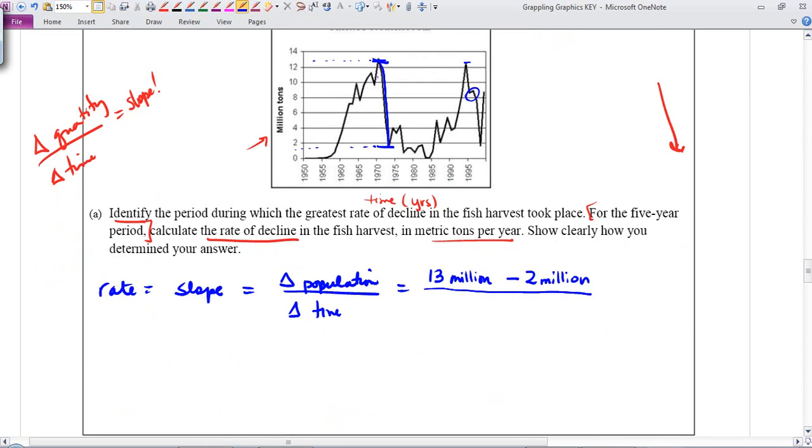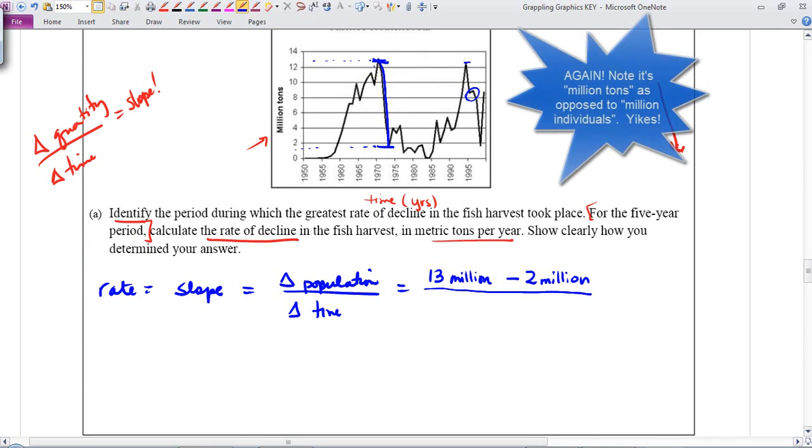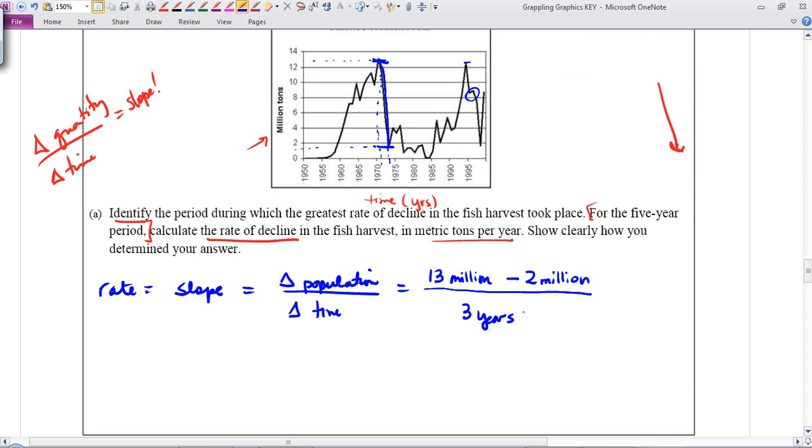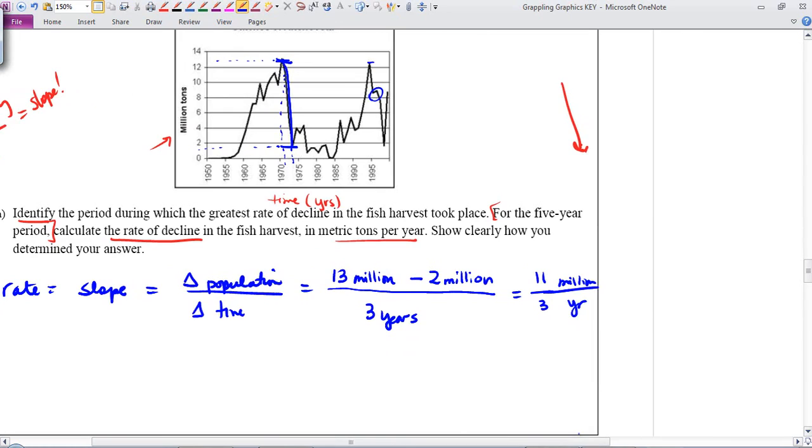And how many years did this take? Well, it didn't take 5 because it's a pretty sharp decline. So I'm going to go with kind of eyeballing this and call that 3 years. Again, they're going to have a range. So what is 13 minus 2? That would be 11 divided by 3 million years. Million per year, I should say. And so 3 goes into 11 how many times? Not quite 4. So 3, 9, 2/3, approximately